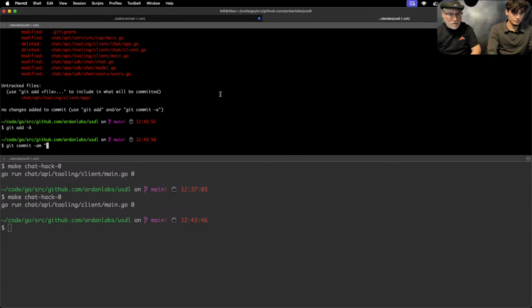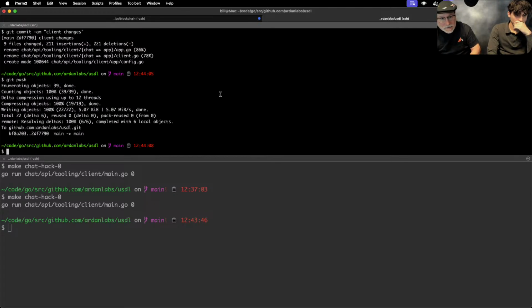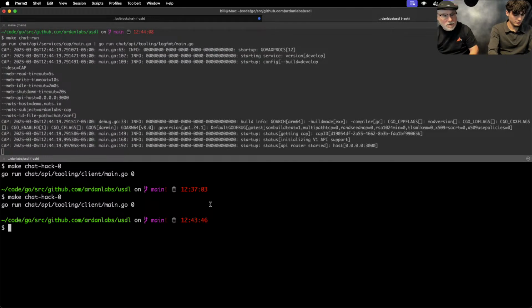Git commit minus client changes. Git push. Okay, pull latest, and you can start your cap. We're not going to send any messages. Okay. And you can start your,